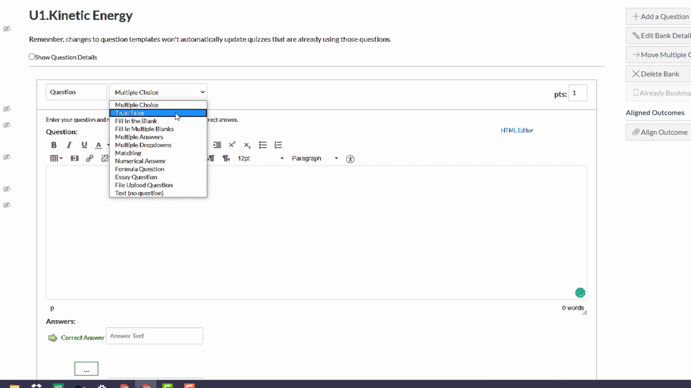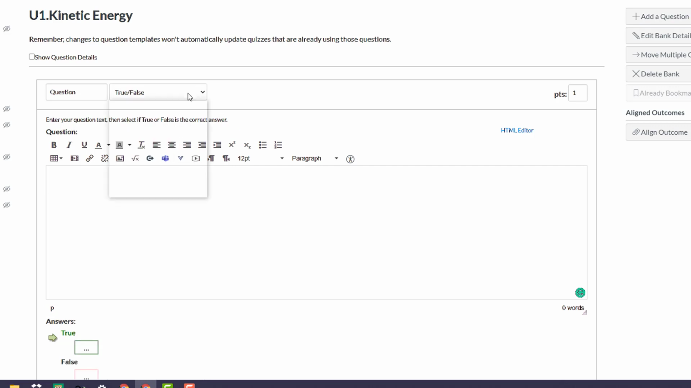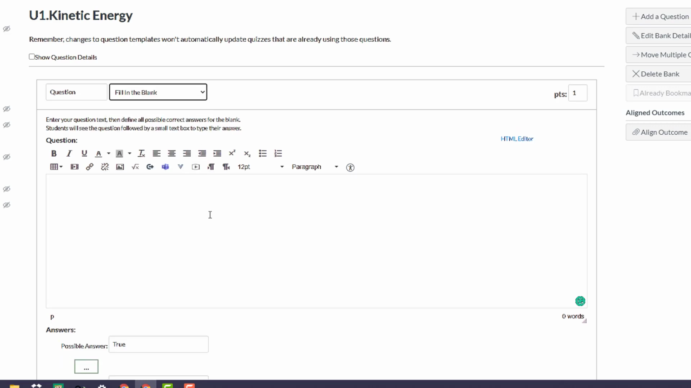Easy enough. True, false. Obviously, you know how that works. Fill in the blank. So this is where kids have to type the exact answer. If they have a spelling error, they get it wrong. This would be awesome for spelling tests, but otherwise it kind of gets to be a hassle because kids accidentally spell something wrong or they capitalize something and,